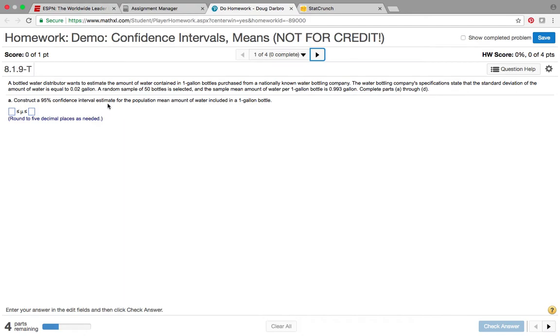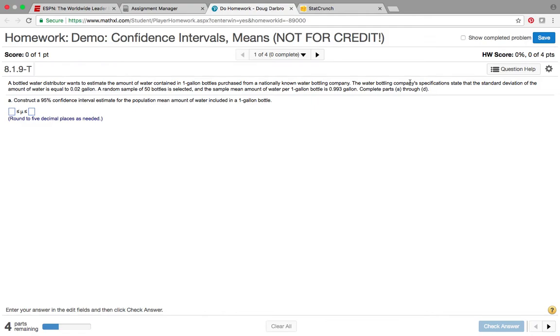Now, once I start this statement that I've highlighted, it starts talking about the sample. Any standard deviation that would be given in that reference would be a sample standard deviation. But this statement right back here is talking about the standard deviation for the company's specifications, which implies the population of water bottles. Now, as I read further, I can see that we have a random sample